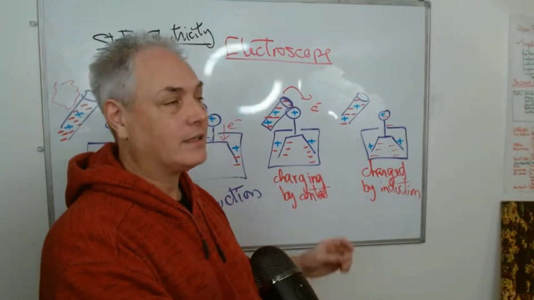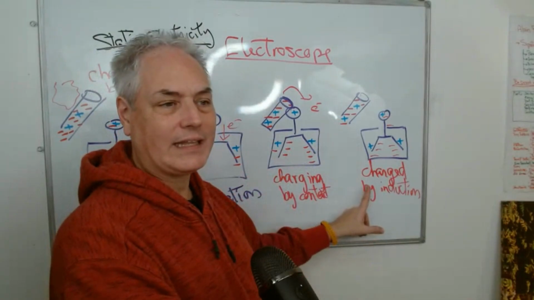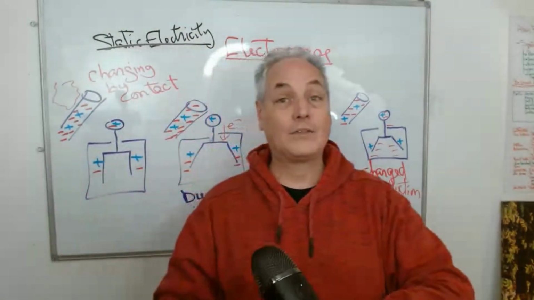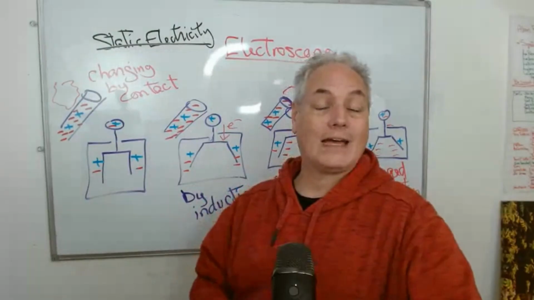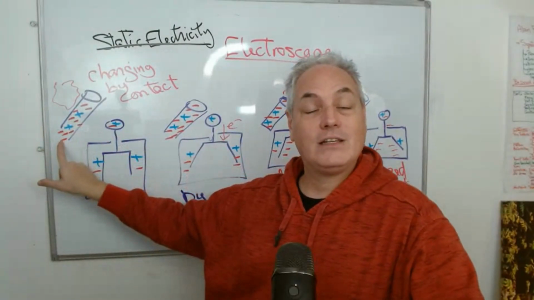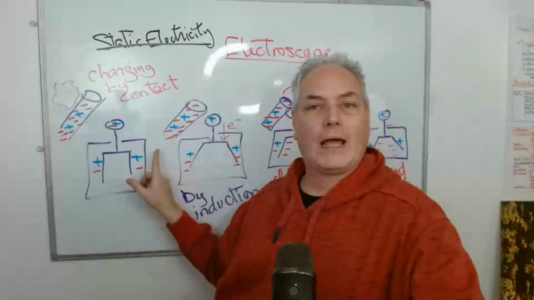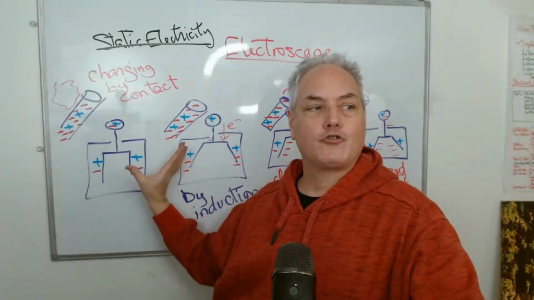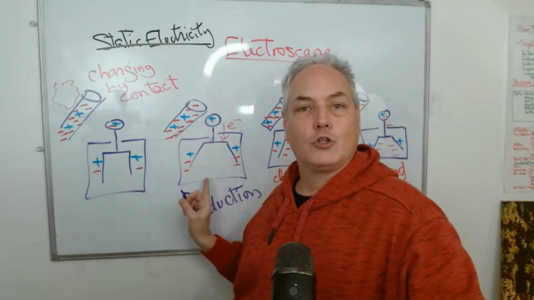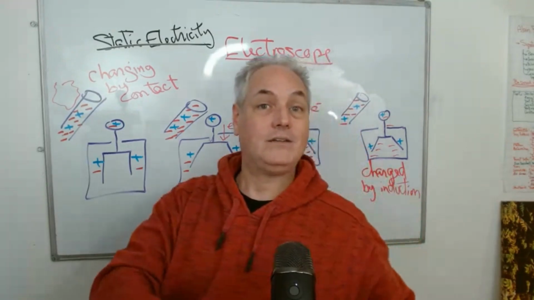So here I had a negatively charged object that can negatively charge the electroscope. Now this would work the same if you had a positively charged object. If you had a positively charged object, what would happen here? The positive would attract the electrons to the top here, therefore putting the two little leaves positive, therefore they will